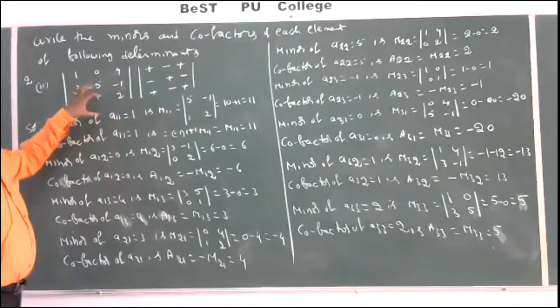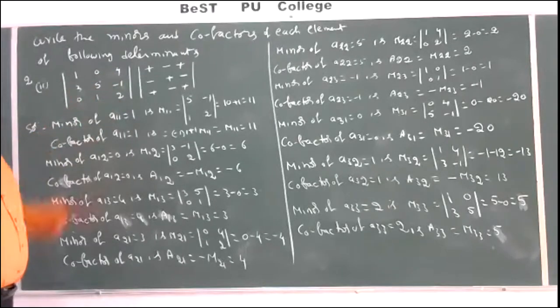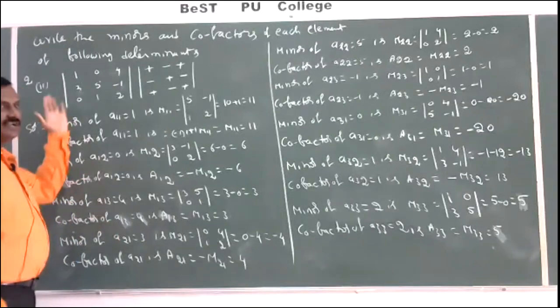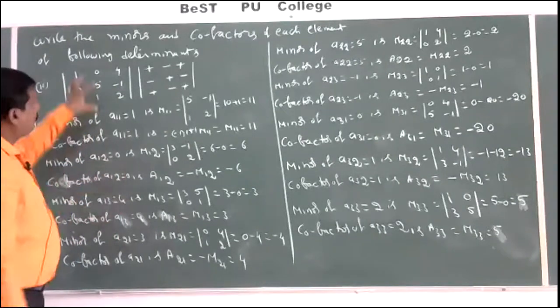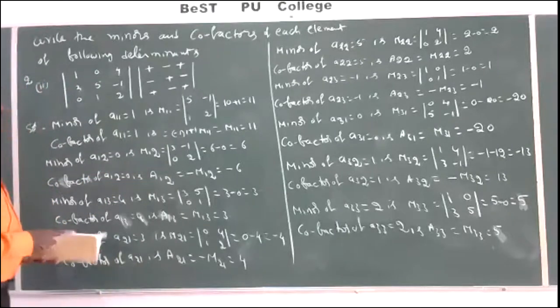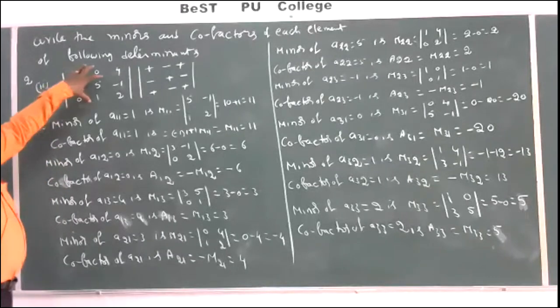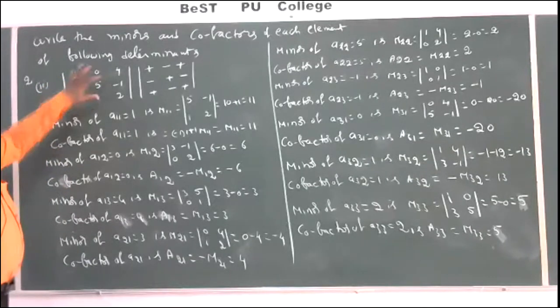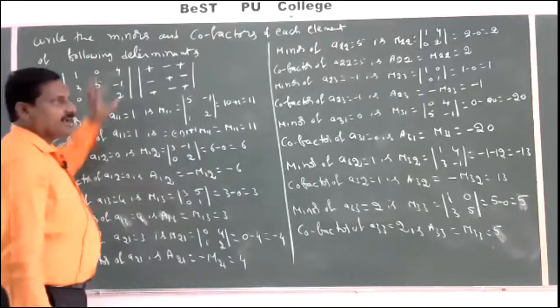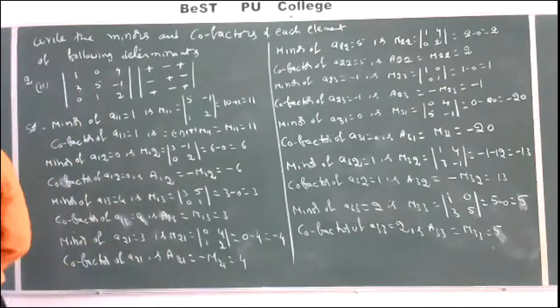You have to write the cofactors matrix. From that we can write the adjoint matrix. For that purpose we need all the cofactors of each element. That's why written for all 9 elements. Note down, students. Already how to find the determinant of a 3 by 3 matrix we have discussed. Using these cofactors also, we can find the determinant of a given matrix. We'll discuss about that.